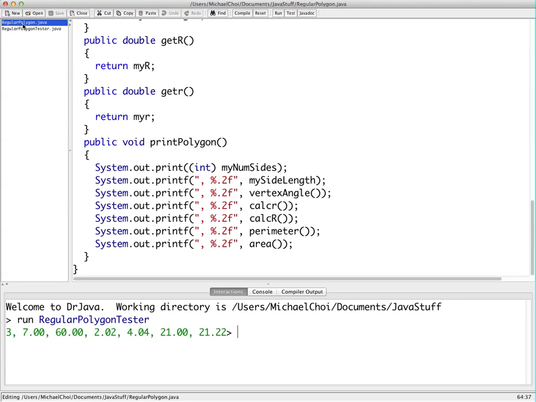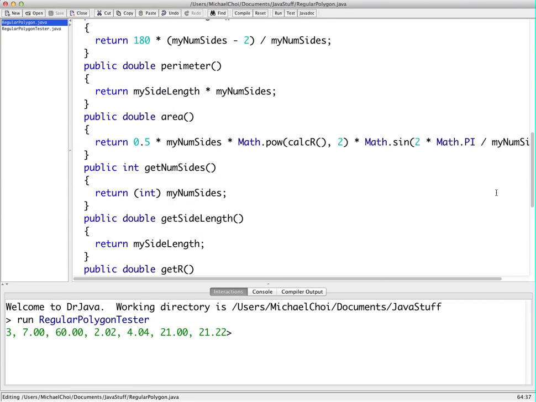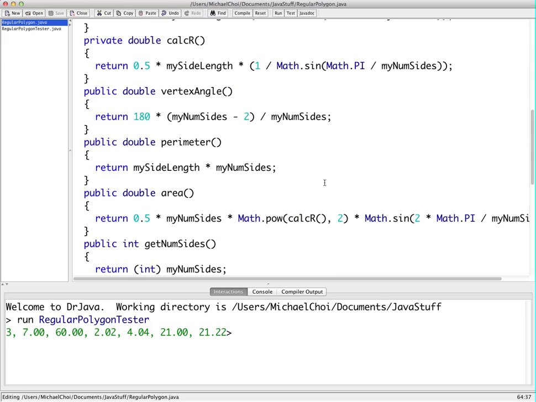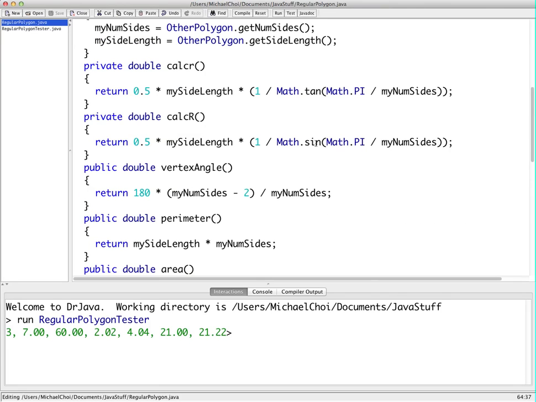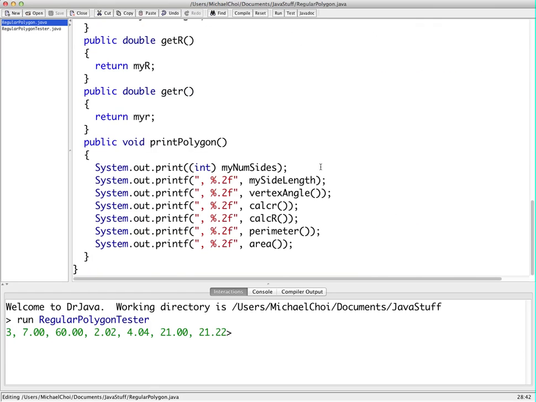Okay, there we go. The problem I had with that was I calculated the wrong inscribed circle, so the large R should be with the cosecant. So calculate big R should be with math.sin, not math.tan. Anyways,